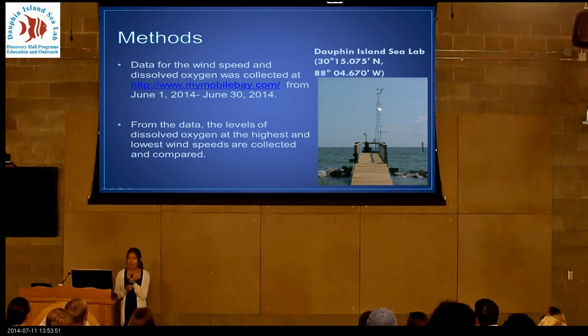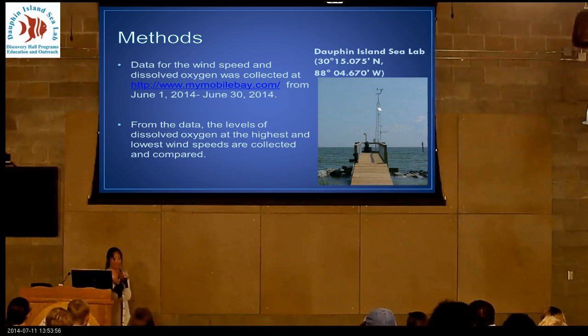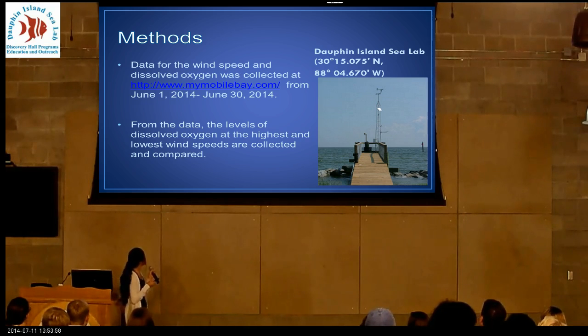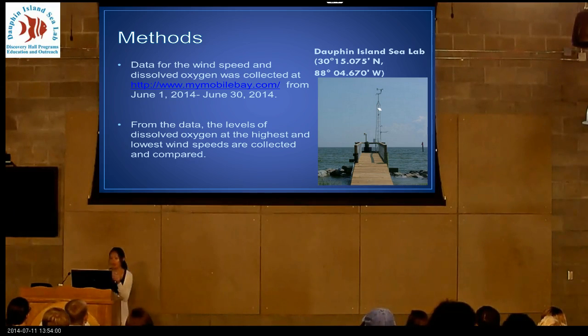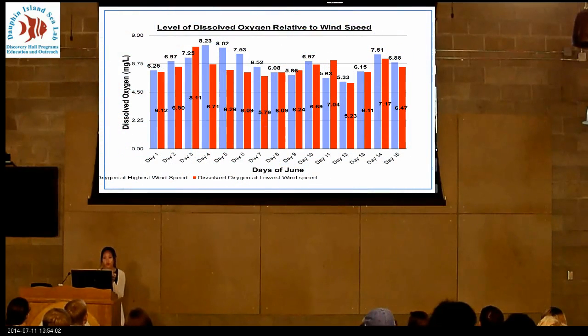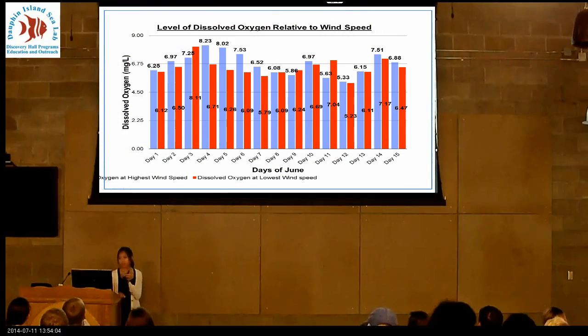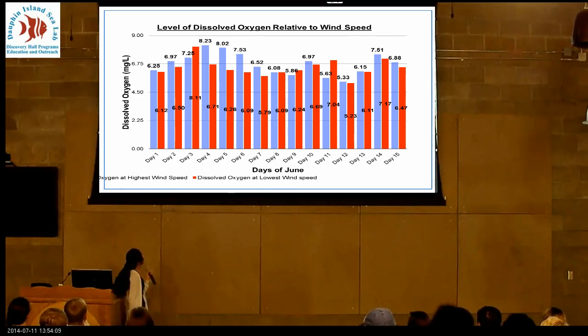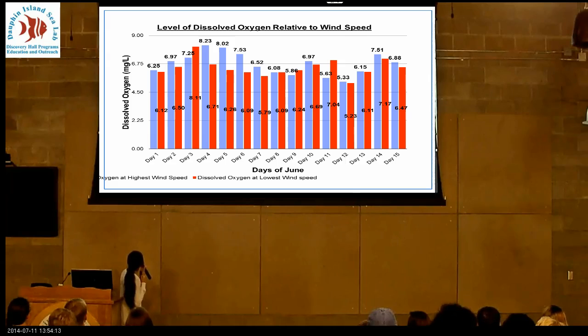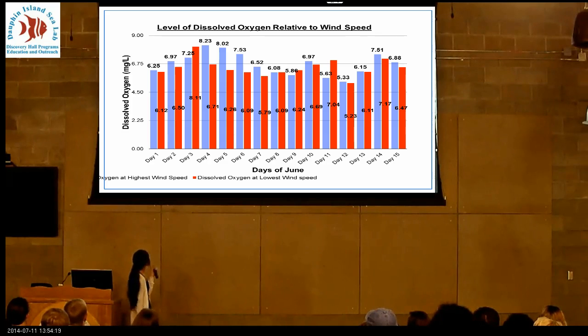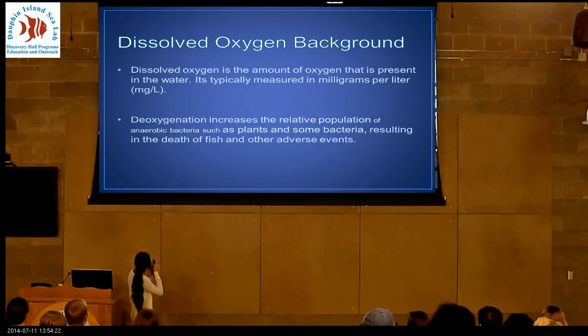From the data, I collected the levels of dissolved oxygen at the highest wind speed and the lowest wind speed, and I compared them. I went through 2,400 data points, one for each day. Blue is the level of dissolved oxygen at the highest wind speed, and red is the level at the lowest wind speed. You can see there's a pattern at every single